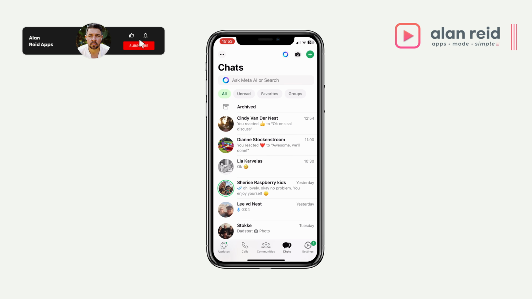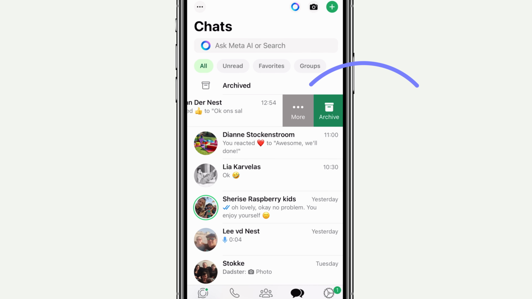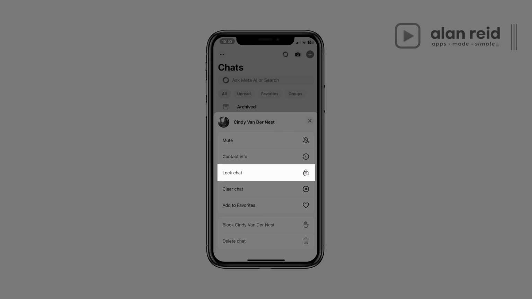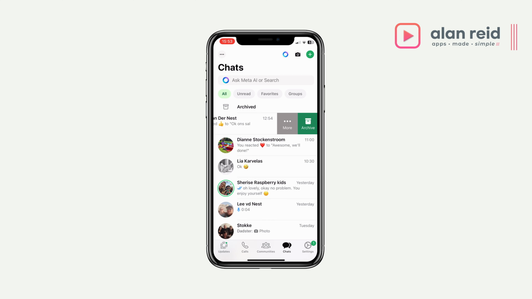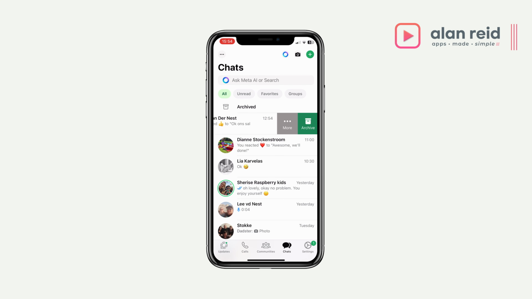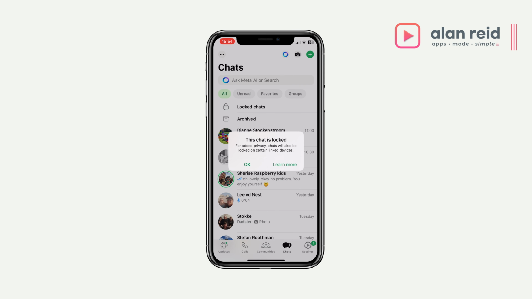All right, let's start. Open up WhatsApp and swipe left on the conversation that you want to hide and tap on More. Go down until you see Lock Chat and tap on that. We'll just give you a short explanation on how to lock and unlock your chats. So you can go ahead and tap on Continue, and then it will use your Face ID to lock the